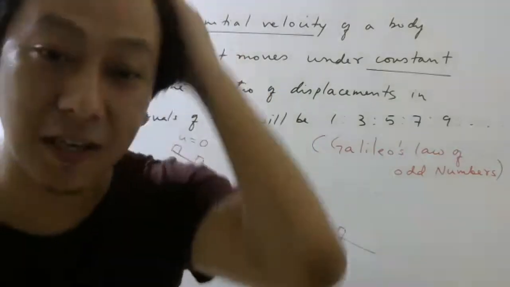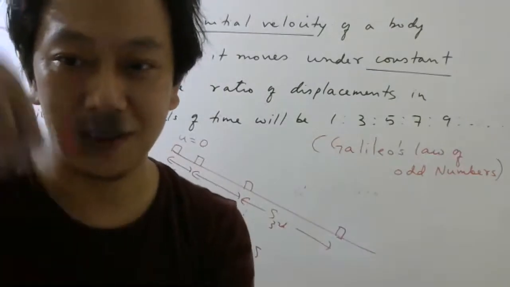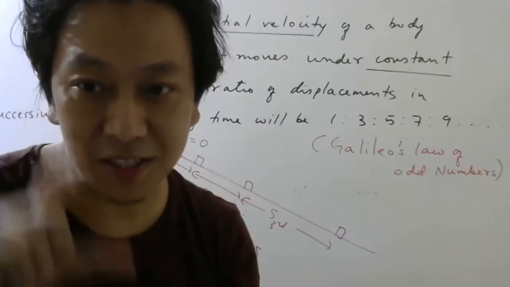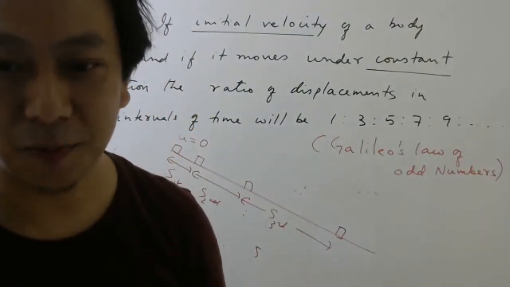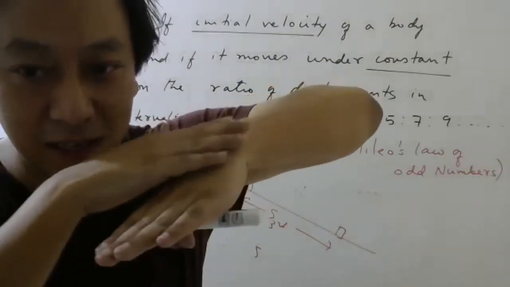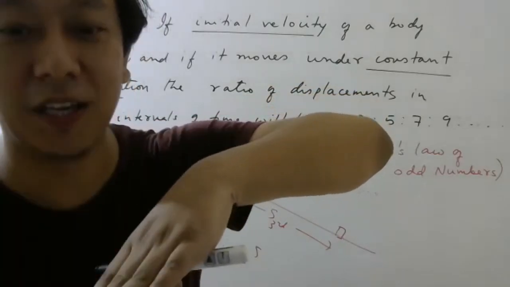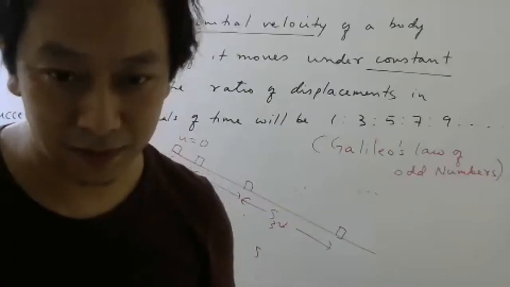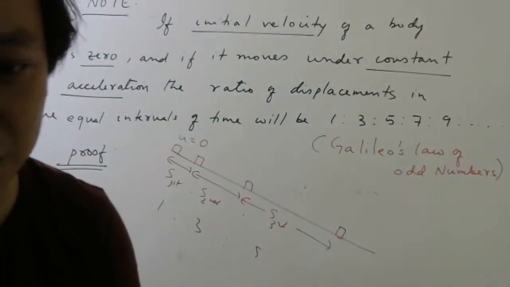The main reason was, this way it will go very fast. So it will be difficult to measure how much distance it covers. Got the point? But if you make it move on an inclined plane, it goes a little slowly, so you can measure the distance. Basically, it is easy to measure the distance.